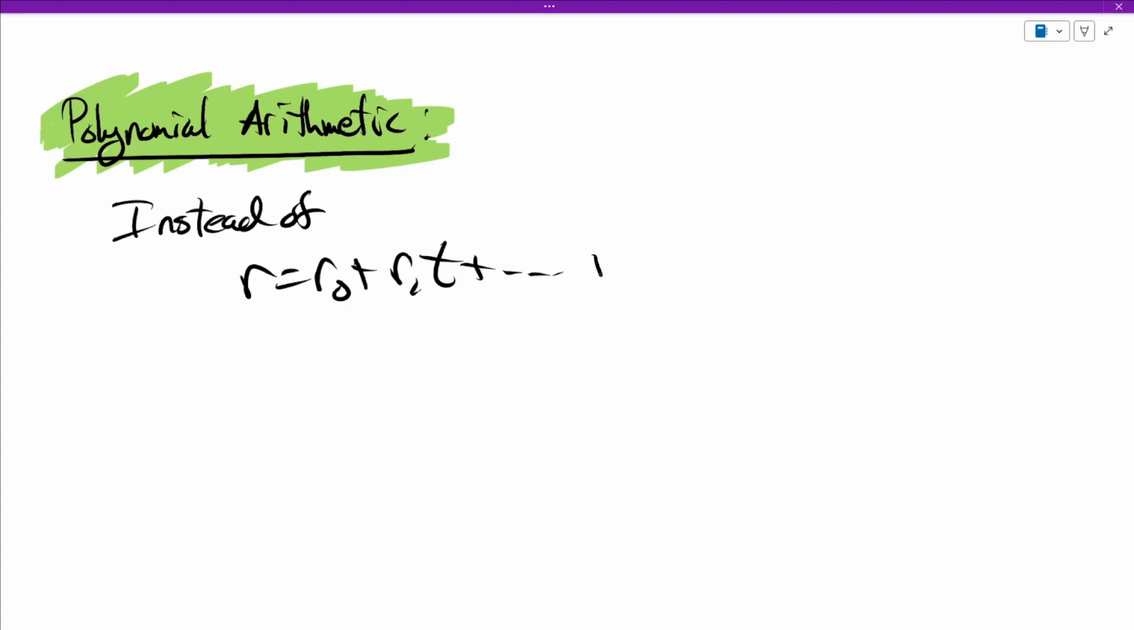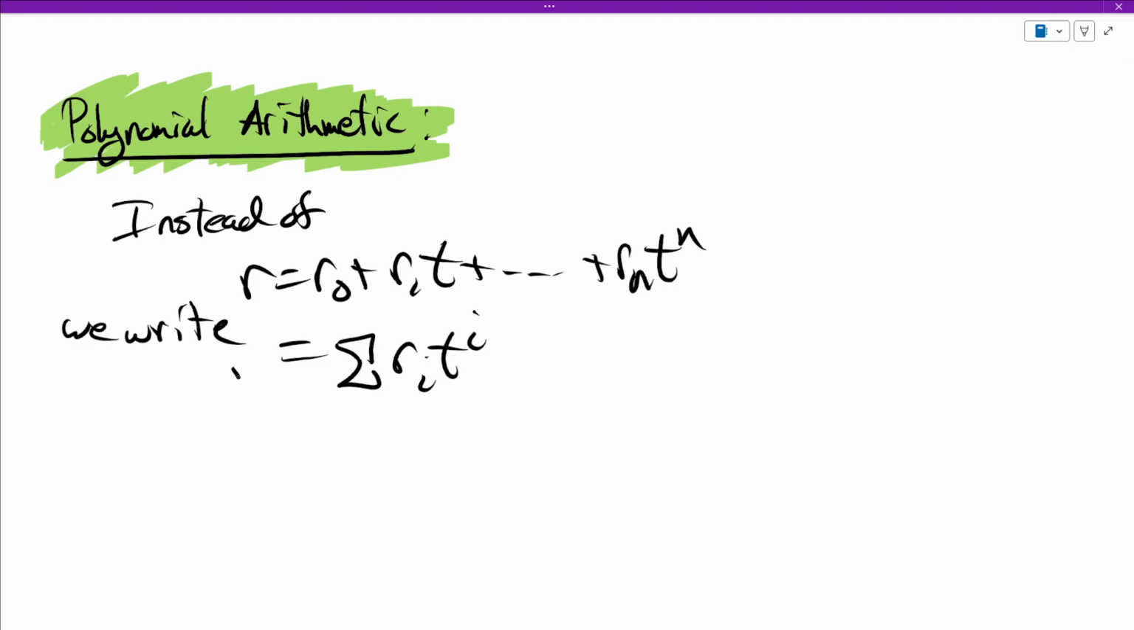All right, so we're going to get into polynomial arithmetic in this video. First, some helpful notational convention: instead of writing our polynomials as follows, like in the last video, we'll opt to write them sort of ambiguously as the sum on i of R_i t to the i. So instead of this, we write the second one, with the understanding